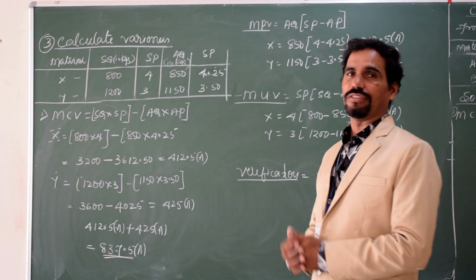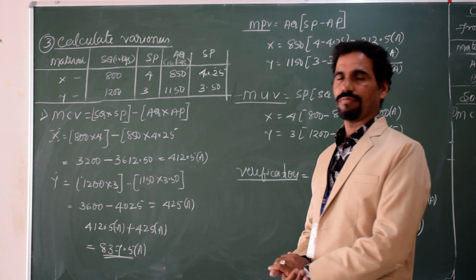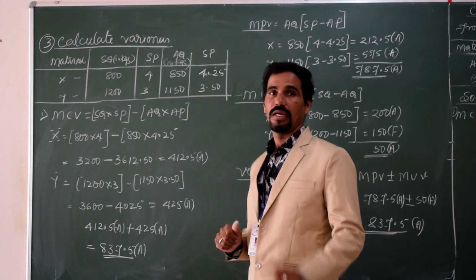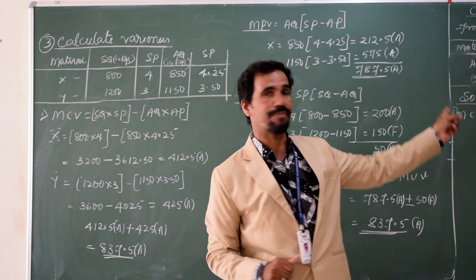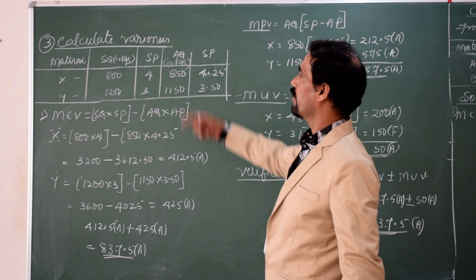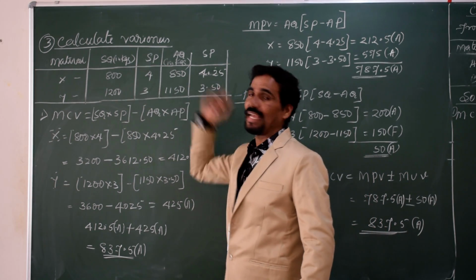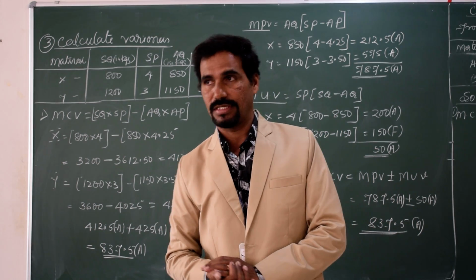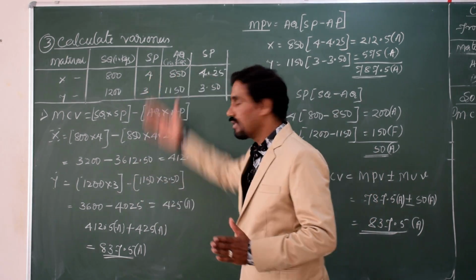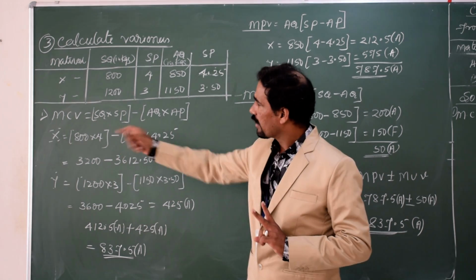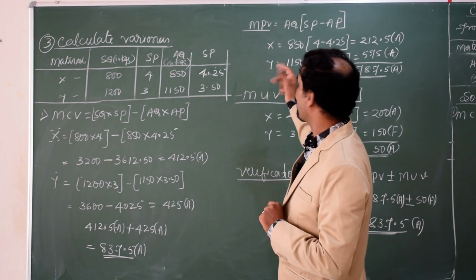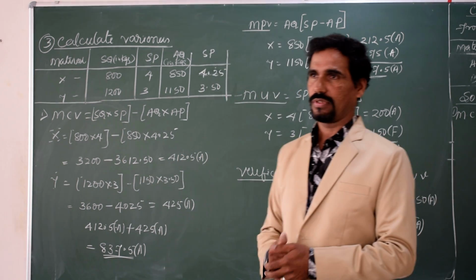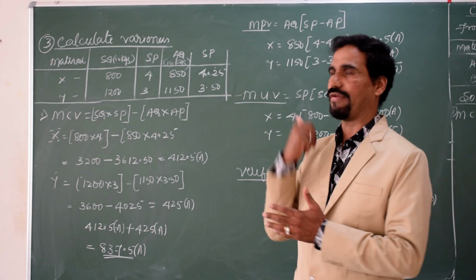So we already learned one example from standard costing, and now come to one more example of standard costing. It is the same, but earlier the standard quantity and standard price were given in rupees only, and now we are taking the standard quantity in kgs. In the first example, one was favorable and one was adverse. But in this example, for material cost variance and material price variance, material X and Y both come adverse.